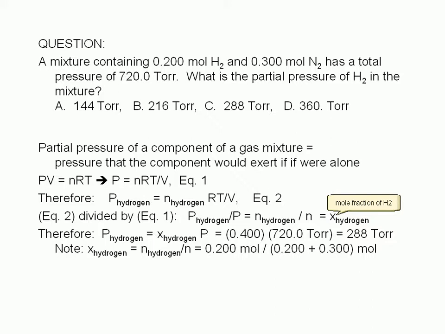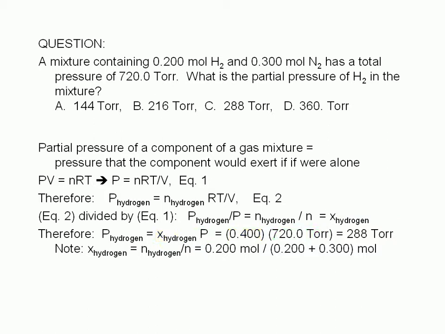So, to calculate the partial pressure of hydrogen, we simply multiply the mole fraction of hydrogen and the total pressure. 0.4 times 720 equals 288. The correct answer is 288 torr. Choice C. If you're wondering how we figured out 0.4 as the mole fraction of hydrogen,